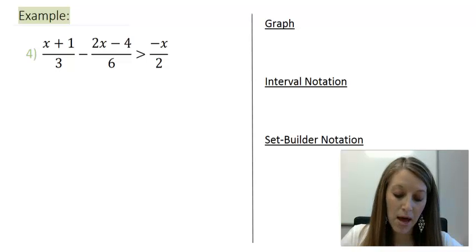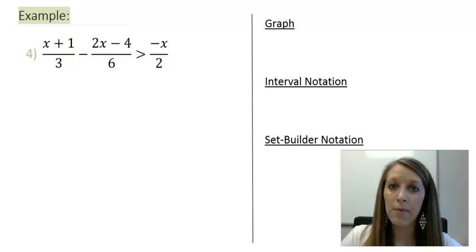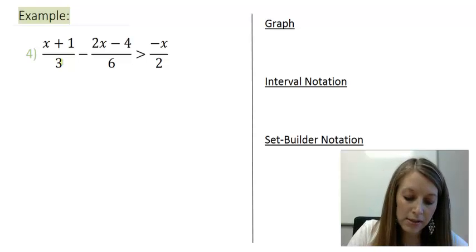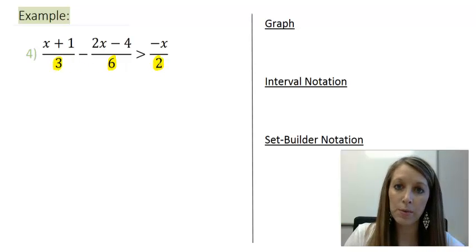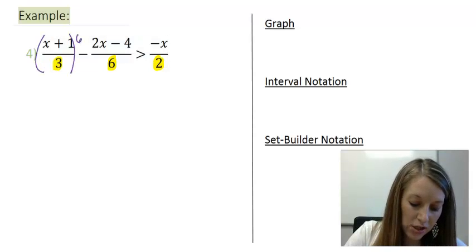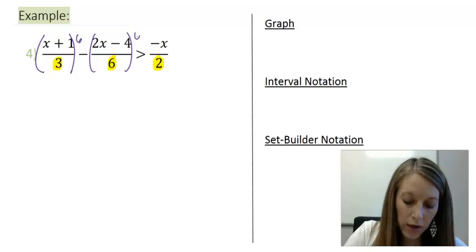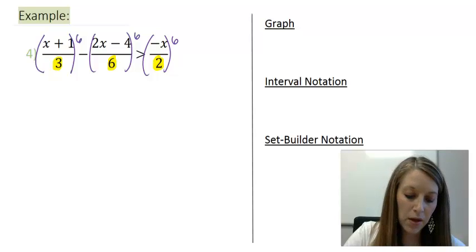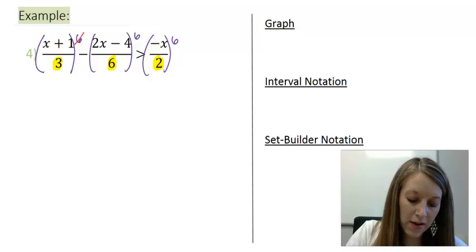So the first step in my magic trick is I need to find my least common denominator. Of course, I know the LCD between 3, 6, and 2 is going to be 6. So I multiply each one of these fractions by 6. When I do that, it should cancel all of my denominators out and should just leave me with no fractions. So on the left, 6 divided by 3 gives me 2, or a 2 times x plus 1,